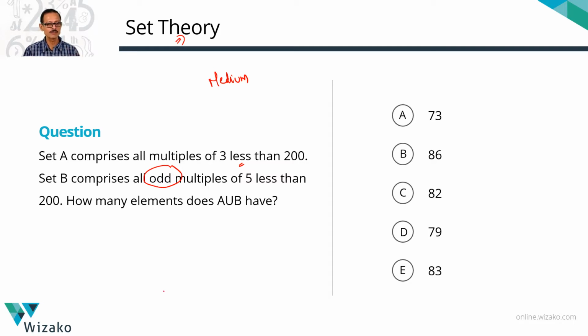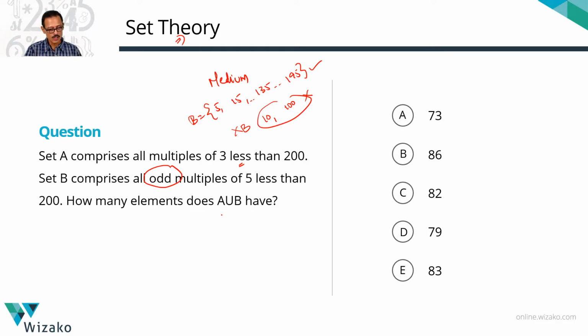That is what makes it a little bit more difficult. So what all will set B comprise? Set B therefore is going to include a 5, will include a 15, will include a 25, 35, all of those numbers too, right? And will go on all the way up to 195. What will set B not include? It's not going to include a 2. It's not going to include a 100. It's not going to include a 40. It's going to take in only odd multiples of 5. Even multiples of 5, such as these numbers, will not be a part of set B. So we need to account for it when we are counting the number of elements in set B.